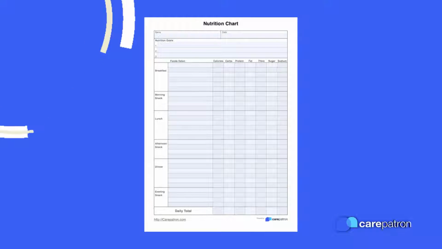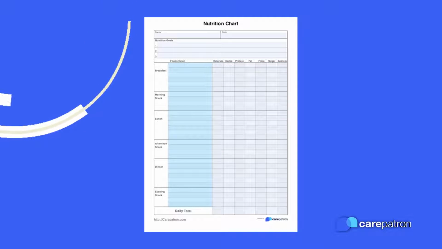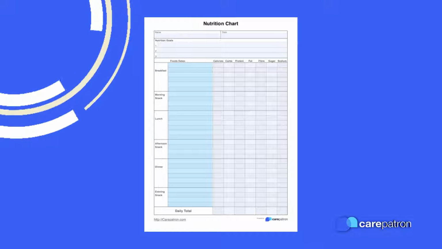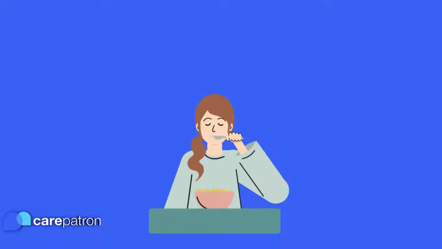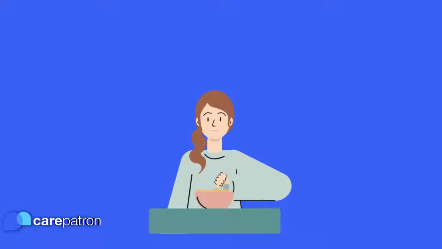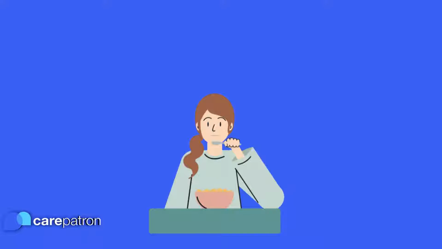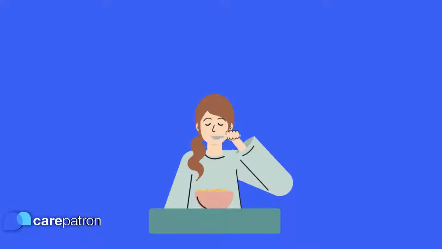Alternatively, you can have your client fill in the food column only, and then you can come back and estimate the macronutrients for each food item yourself. Once your client has completed the chart, they should return it to you to review and go through with them. This is the time for learning about your client and figuring out strategies to aid them in meeting their nutrition